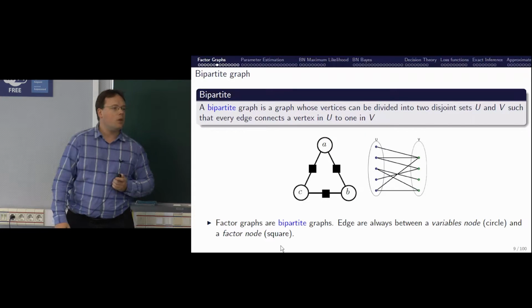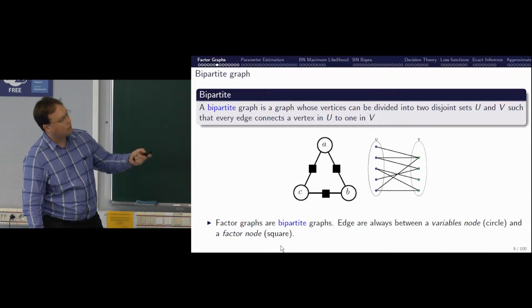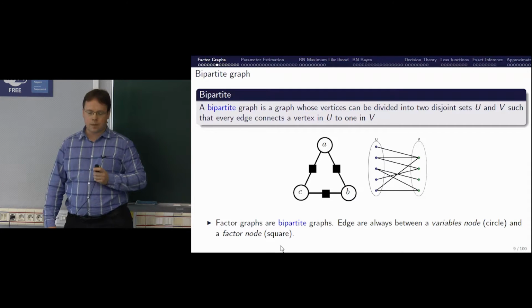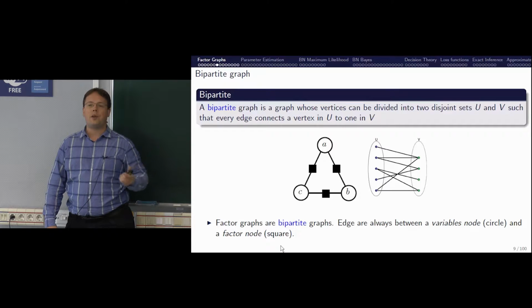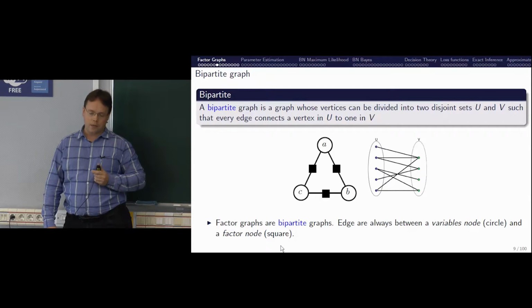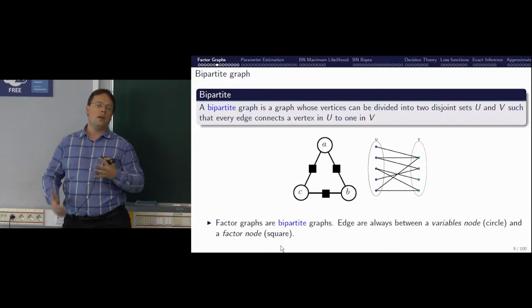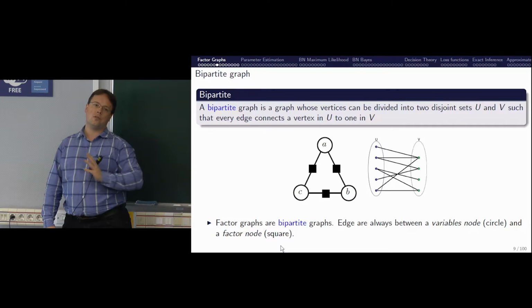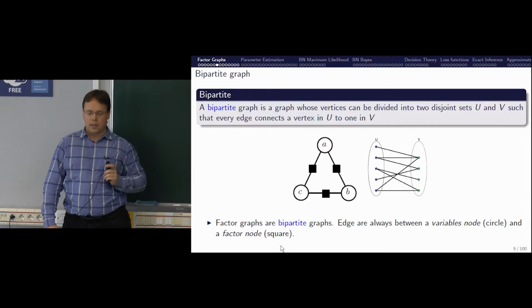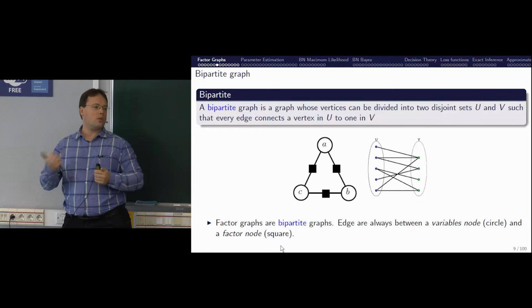Okay, if you looked at the graph as it was, where is it? Well, here's one. You will see that this is not an arbitrary graph, it's a so-called bipartite graph. A bipartite graph is a graph that has two different kinds of vertices, and there's only ever an edge between one type of vertex and the other type of vertex. So a factor graph is a bipartite graph where you have factor nodes and variable nodes, squares and circles, and